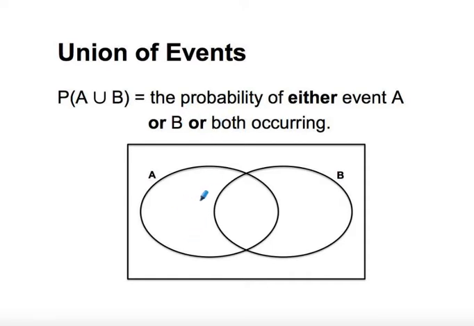So we can have the event A, which would be this area here on its own. You can have event B, which would be this area here. We're just talking about them on their own at the moment, or both, which would be this central area. So when we talk about the union, we're actually talking about this whole area in the 3 segments